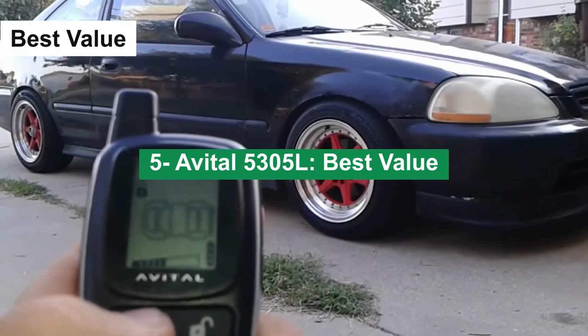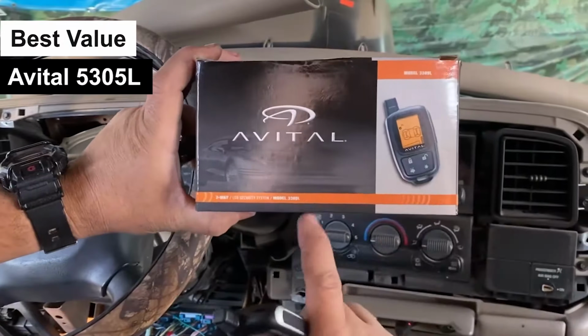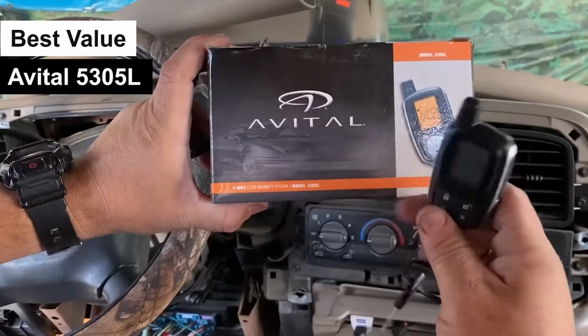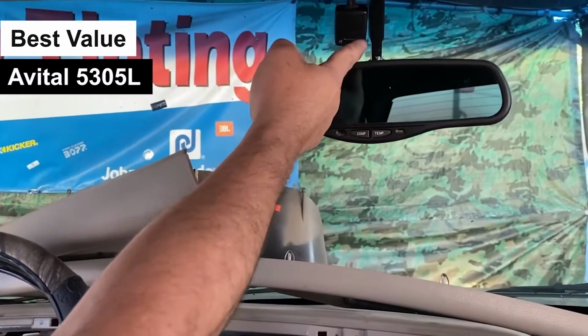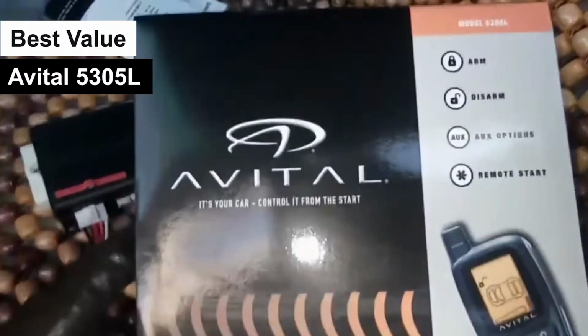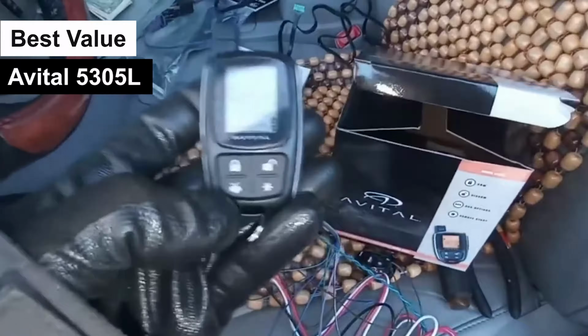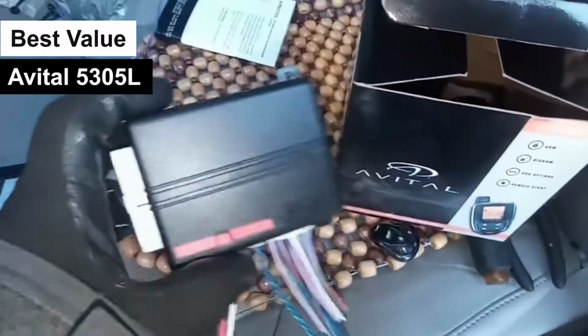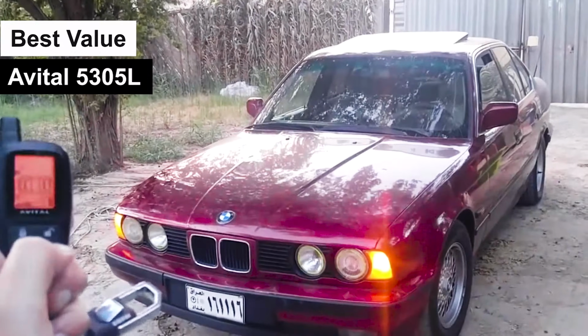Avital 5305, Best Value. This is product number 5 on my list, which is my choice for the best value label. The Avital 5305 stands out as an affordable yet feature-rich car alarm system, offering a blend of security and convenience. Firstly, the Avital 5305 is priced around $100, making it significantly cheaper than its counterparts like the Viper